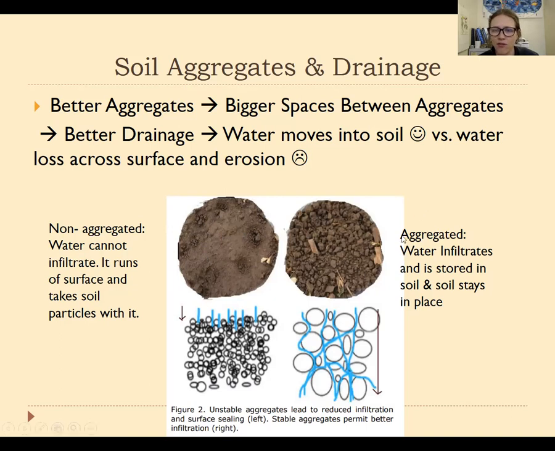On the other end, we have more stable, healthy soil aggregates from calcium, polyvalent cations, organic matter, and healthy fungal populations. Then we're going to have these big spaces that water is going to be able to move into. And so it's going to be able to move down into the soil away from the surface quickly to accommodate more and more water absorption during the same storm event. So that's going to limit erosion, limit flash flooding, and increase the water storage in the soil.